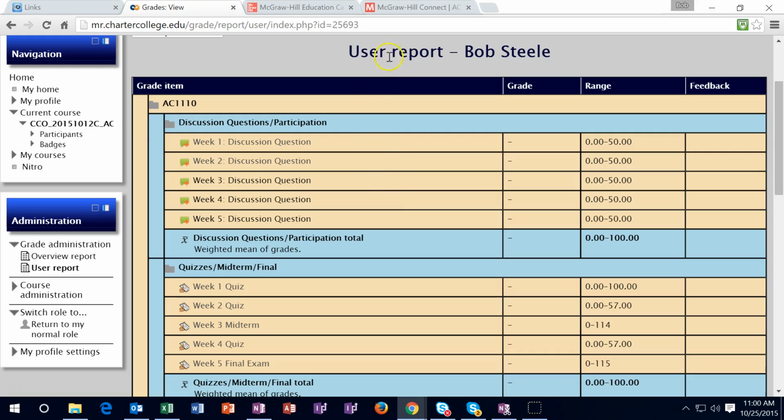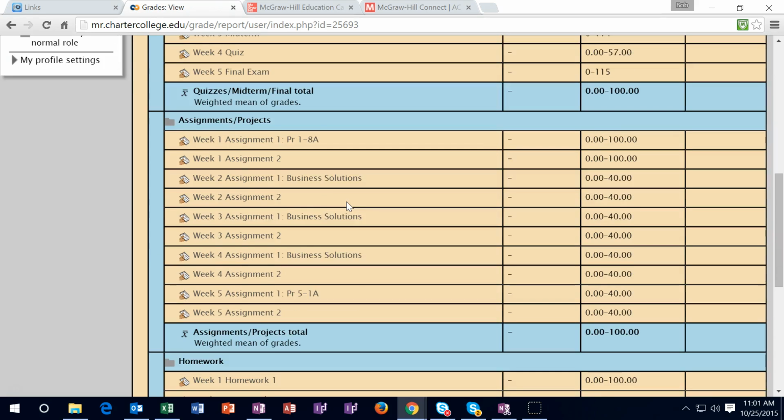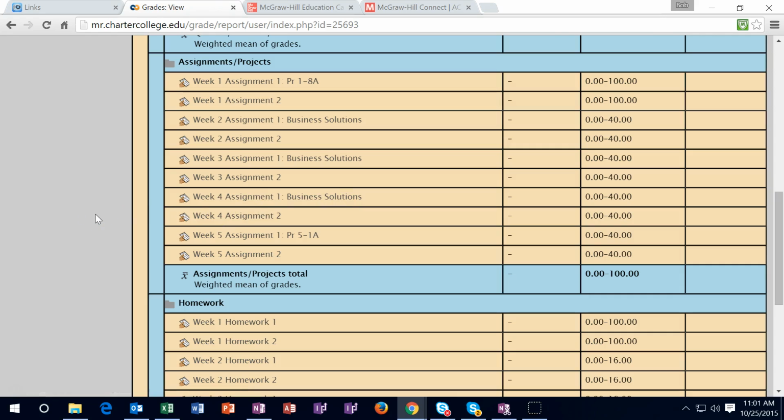As you go, you're going to make sure that you're picking everything up in Connect as well as Moodle Rooms. Then once a week, you want to check this after the grades have been updated and make sure that it looks like you think it should on your end, and if anything has not been picked up, see if you can pick up any late work on it. Most of the things can be picked up for late work. You might get some late work points taken off, but just make sure to pick up as much as you can for all the work in here. So if you come in here and you see any zeros within the assignments or the homework, then go in and pick those up if you can.